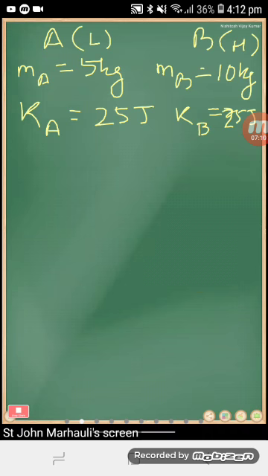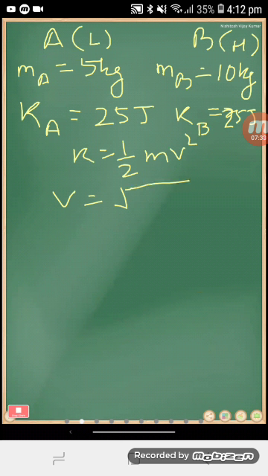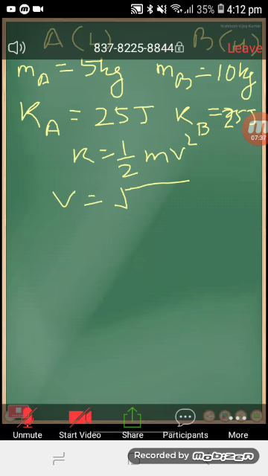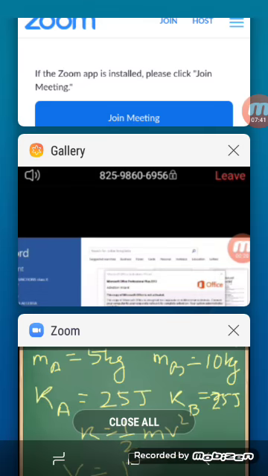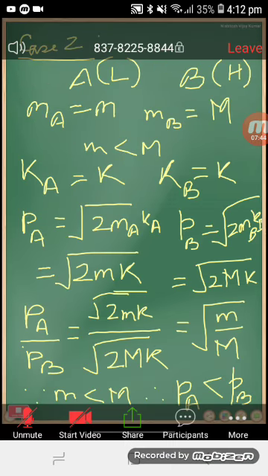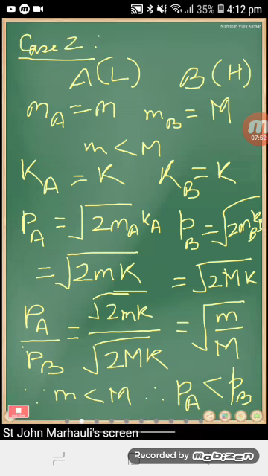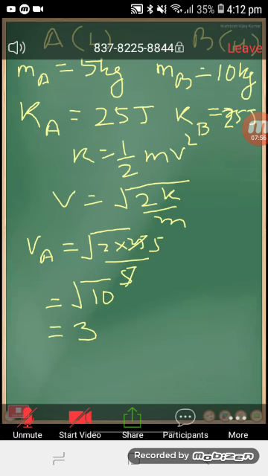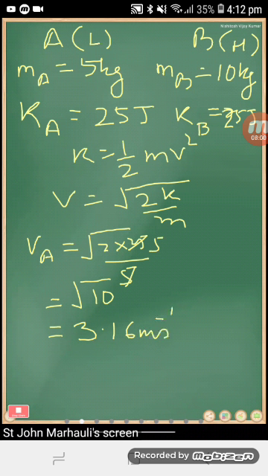Clear? Now, we try to find out the velocity over here because mass is already known, and to find out the momentum for A and B, we will have to find out the velocity of A and B. Now we all know that K is equal to half mv square, so v will be equal to under root... and the value of under root 10 is approximately 3.16 meter per second. Similarly, vB, if we calculate,